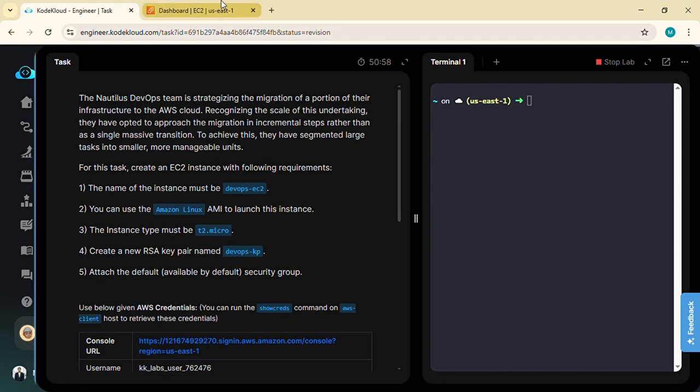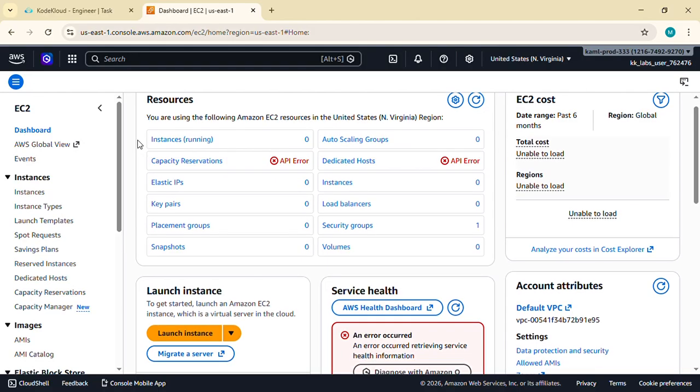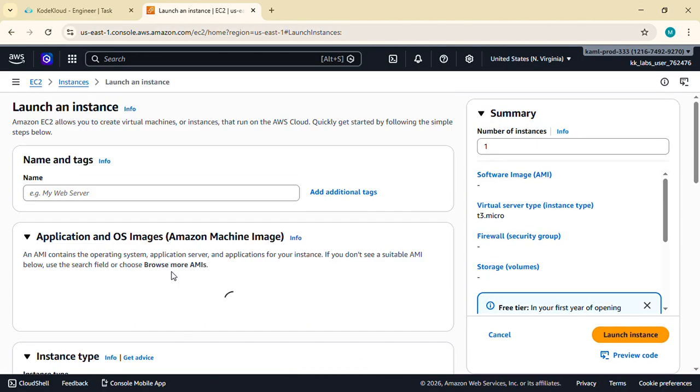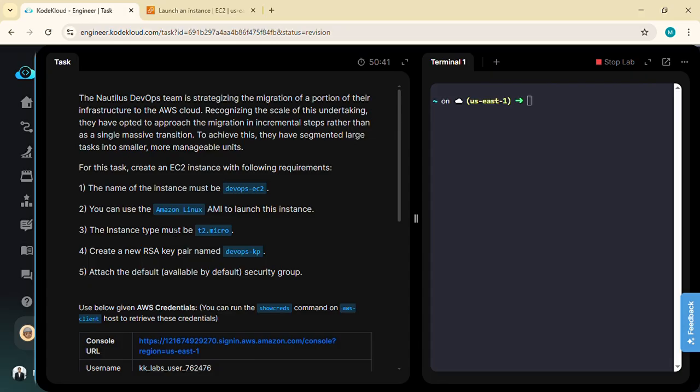So log into AWS Cloud via the given credentials and go to the EC2 dashboard. In the EC2 dashboard click on Launch instance, and here we need to specify the requirements of our EC2. So the name of the EC2 is DevOps EC2. Let's paste this,